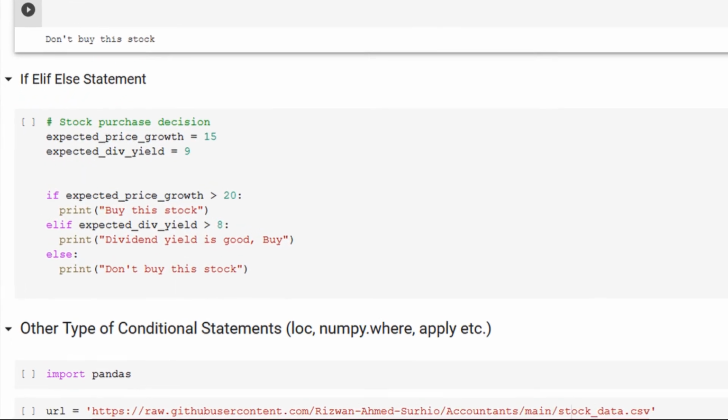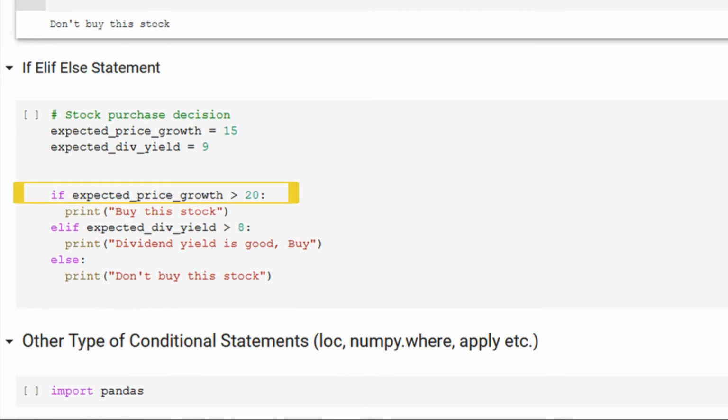We are looking for a stock that offers a price growth of 20% in a year. But if this is not the case, we have another condition: if that stock could achieve an 8% dividend yield. So we are adding a different measurement for the stock selection process. Let's run this code and observe how the code block would change based on the change in condition.